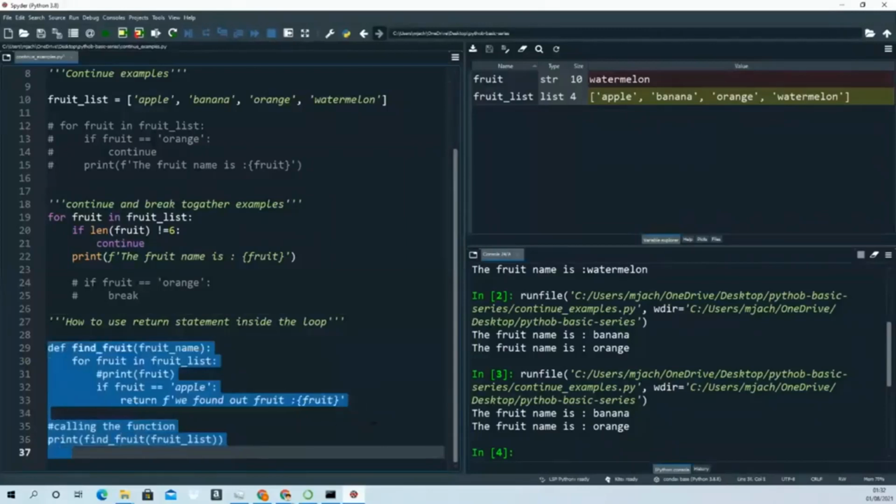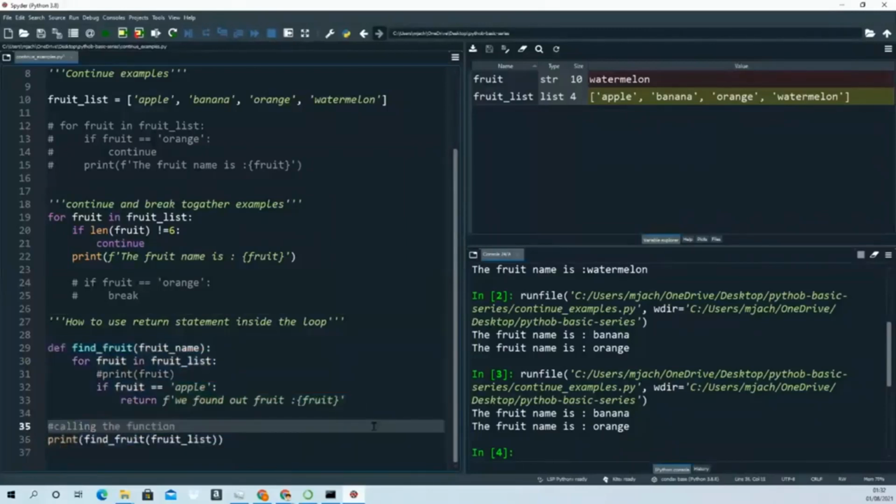Another nice way to stop the for loop, the same as a break, is to create a function, like find_fruit, and I'm passing the fruit name. When I call the function, I have to pass the name of the fruit. So for fruit in fruit list, same for loop, I'm using